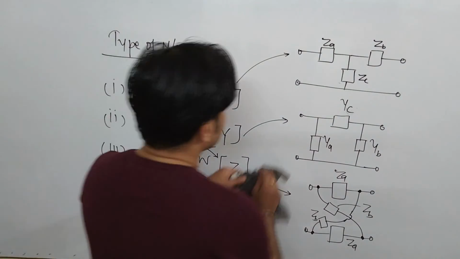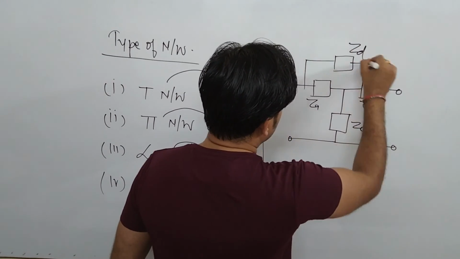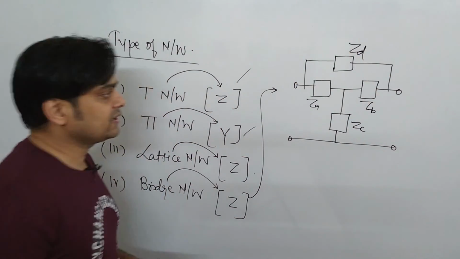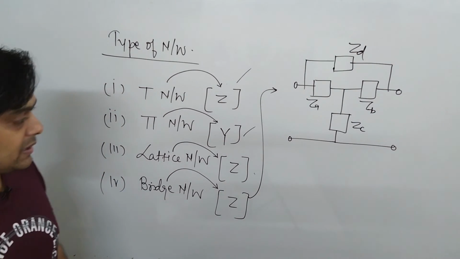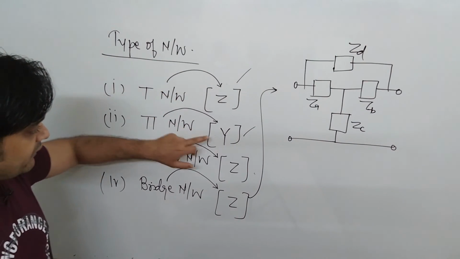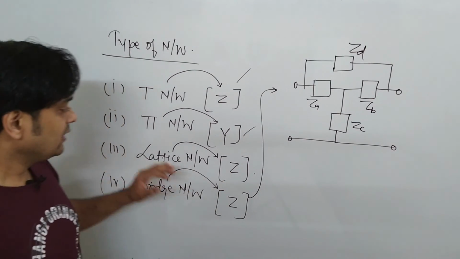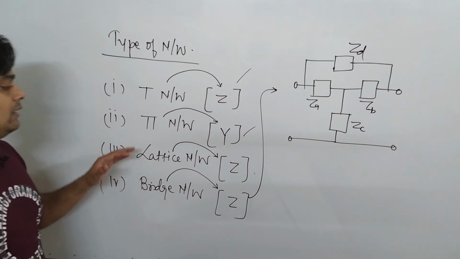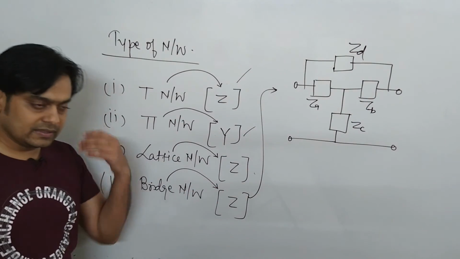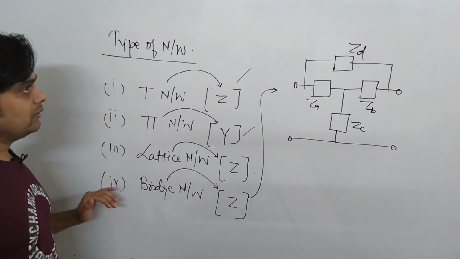The impedances are given by ZA, ZB, ZC and ZD. So you will see here it is a kind of bridge connection, that's why it is referred to as a bridge network. So for the T network we find Z parameters, for the pi network we find Y parameters, for lattice we find again Z parameters, and for the bridge network we find Z parameters. Why have I mentioned Z only? The only thing is that finding the Z parameter for such networks is very easy. And once you find the Z parameter, as I said earlier, you can easily find Y, H, G, whatever it is. So this is all about our port parameters.